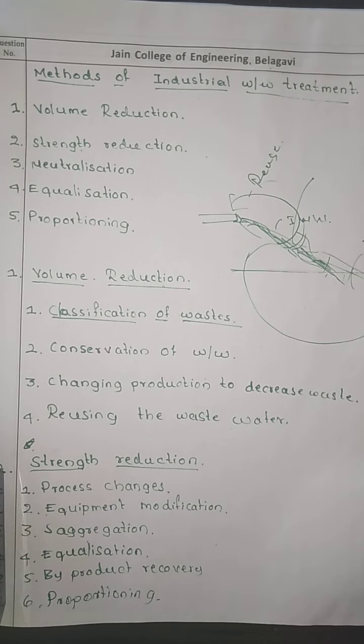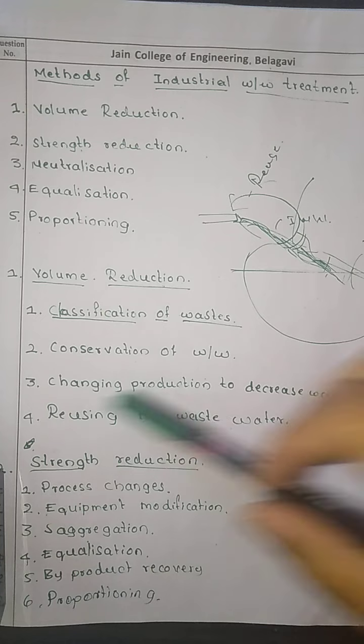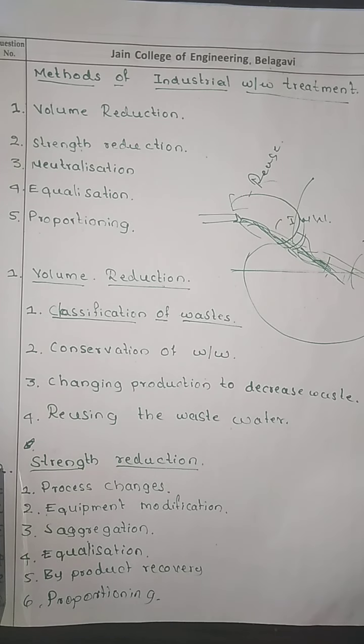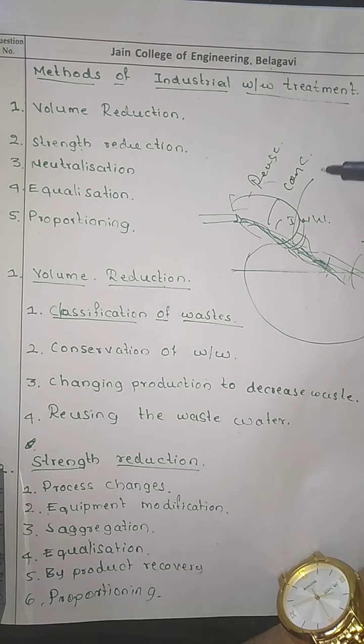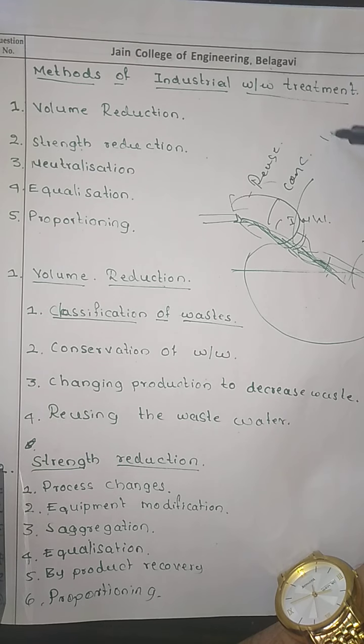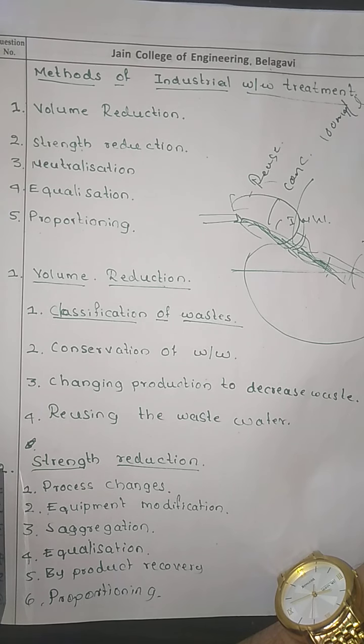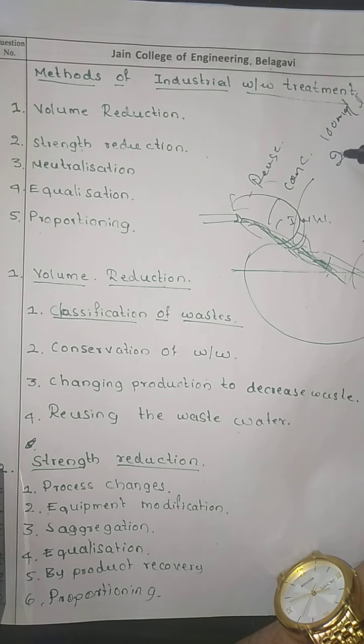Now next is strength reduction. Strength reduction is nothing but reducing the strength of the industrial wastewater that we discharge. It should not be too concentrated. Even if we give a small quantity of water, say around 100 mg per liter, and it has an acidity with a pH of around 1.5,